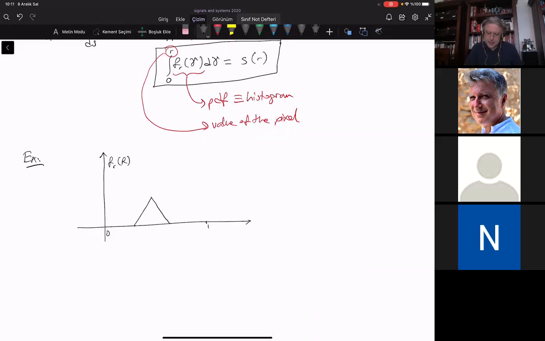Fr of R. When you choose your R value here, let's call this R1. What's the area under that? From 0 up to R1, the area under this curve is 0. So R1 is mapped to 0. If you choose this, it is also mapped to 0. So anything less than this value, which is the beginning of the triangle, is mapped to 0,